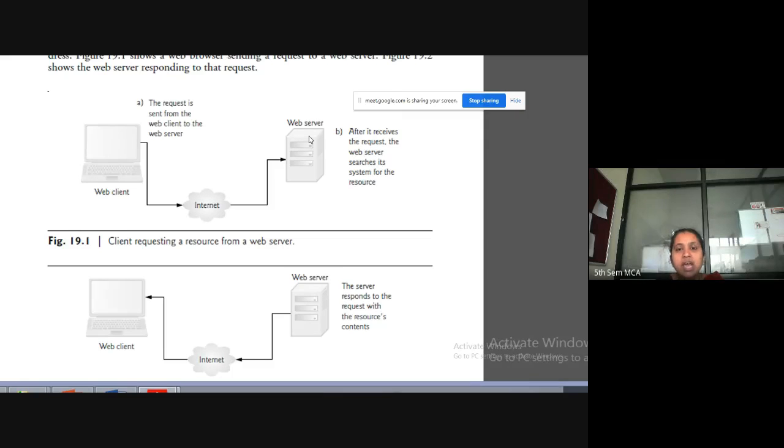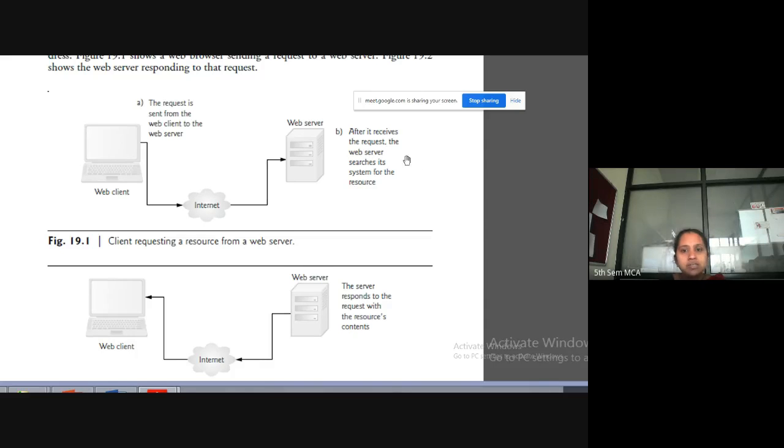If any related information is present in the web server, then it will give a response. If not, some message will be displayed. So the request is sent from the web client to the web server through this internet,